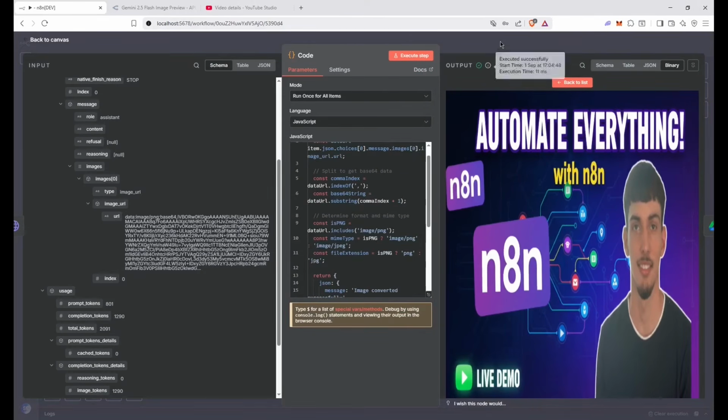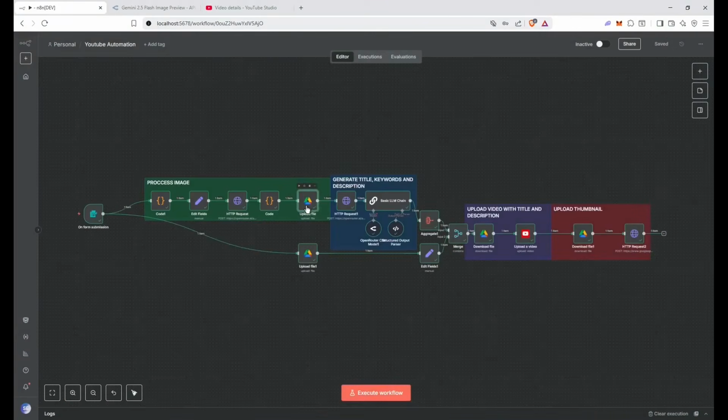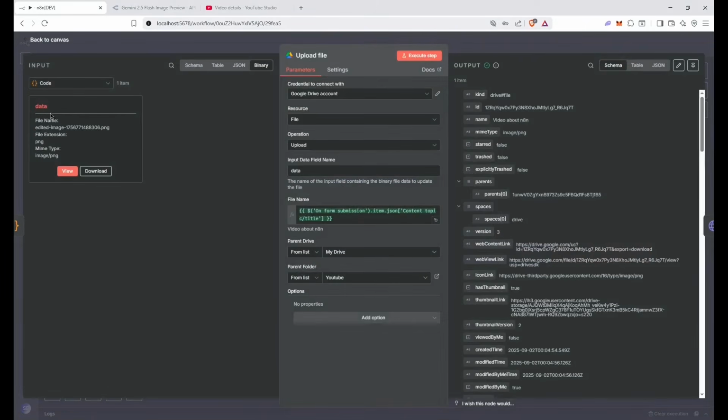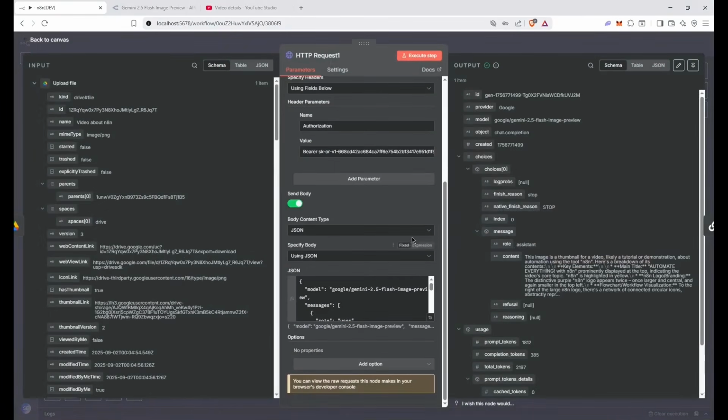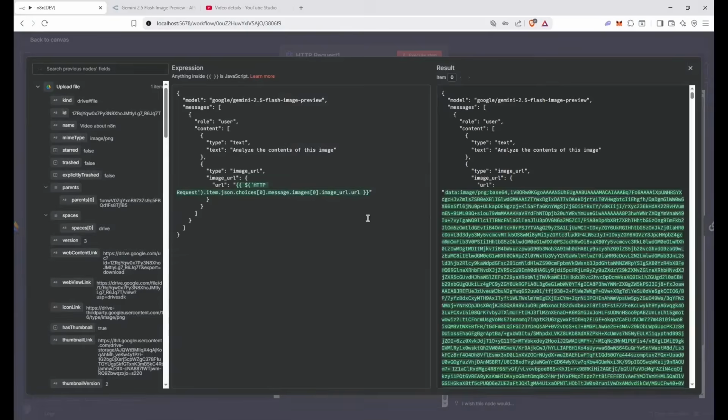And then here, it uploads that image to, as we see, the file name is video about N8N. And then input data field name, as we can see, it's called data, put that in there, my drive folder, just wherever you want to upload it. And then here, I'll show you. Analyze the context of this